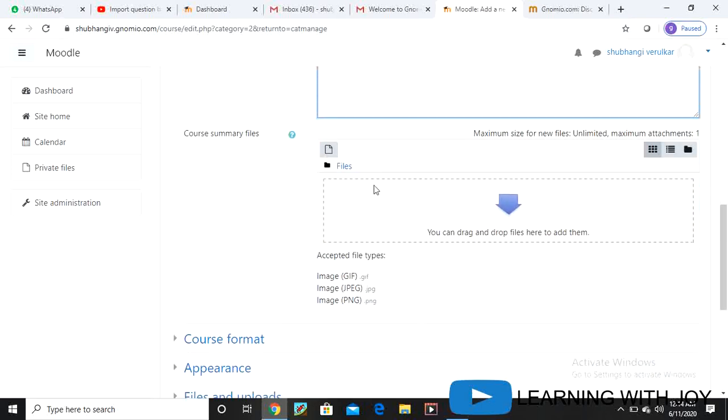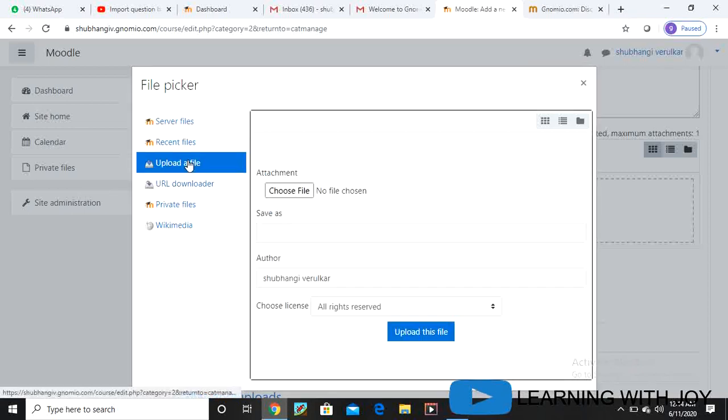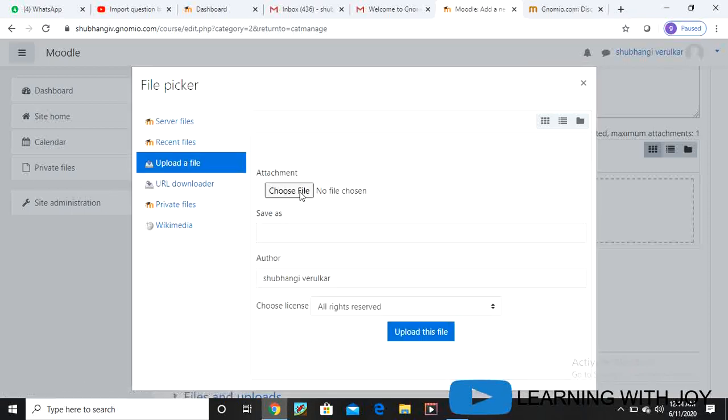If you want, you can upload the syllabus of your course here. If you want to upload a file, just go here, upload file, choose file.